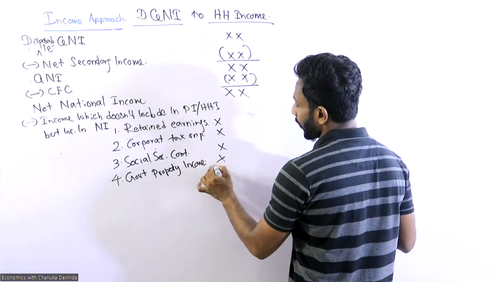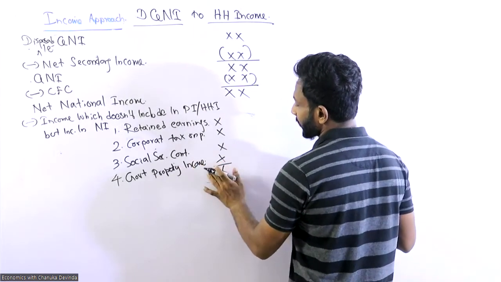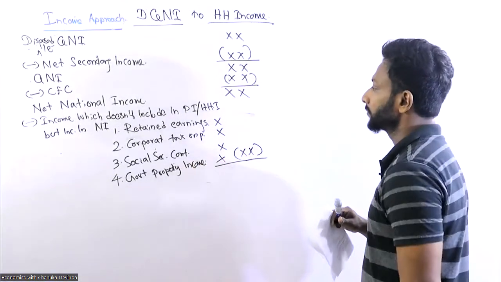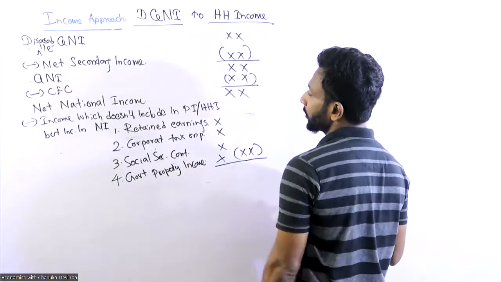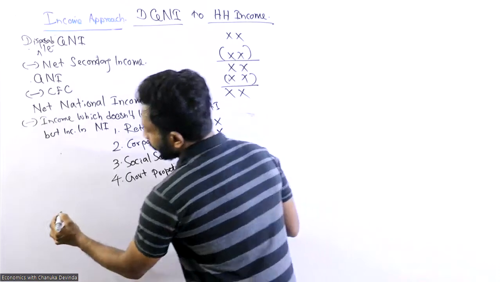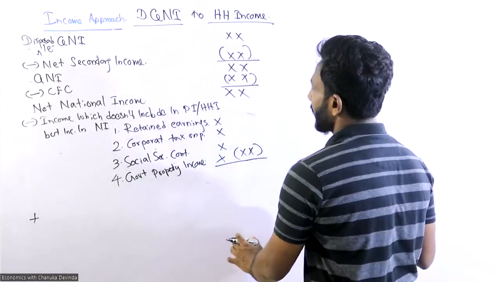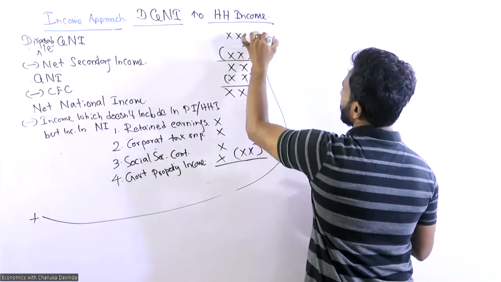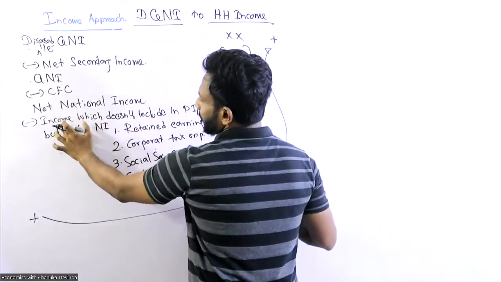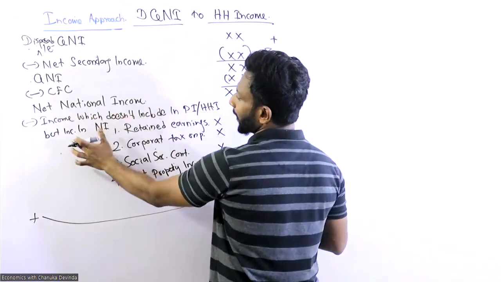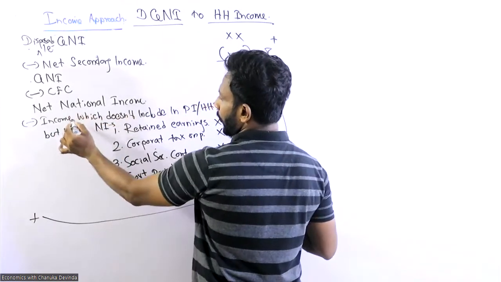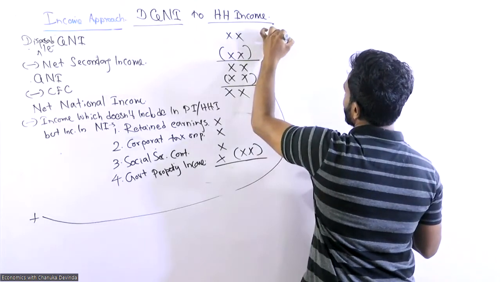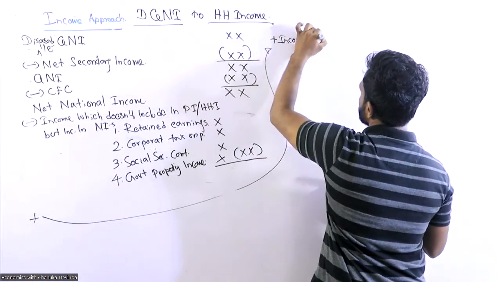Now you can collect all these things and deduct them, right? Can be deducted from income which does not include in personal income or household income. Now you need to add, I will write it down here, plus, previously it was income which does not include in household income but include in national income. Now income which include in household income,